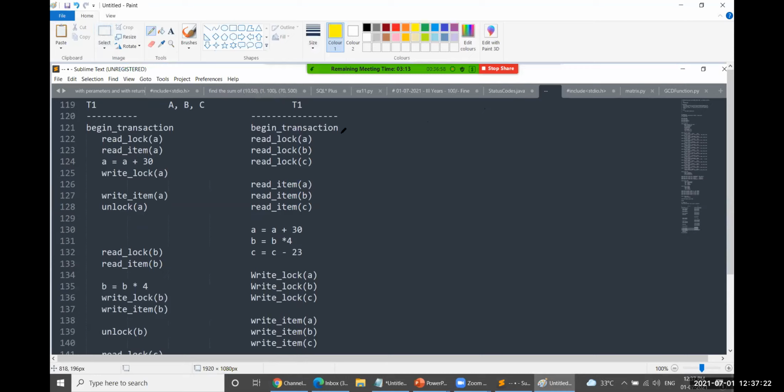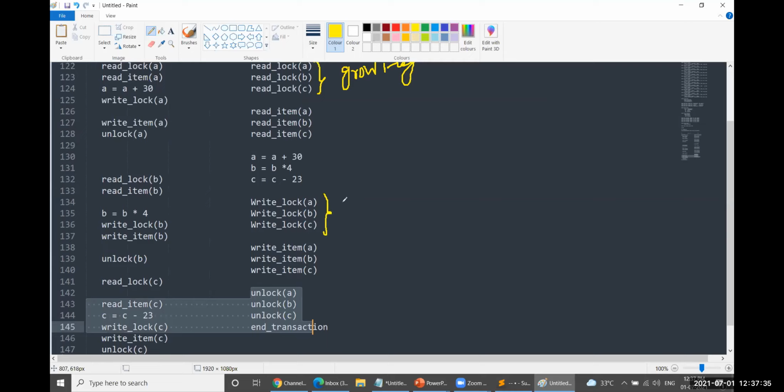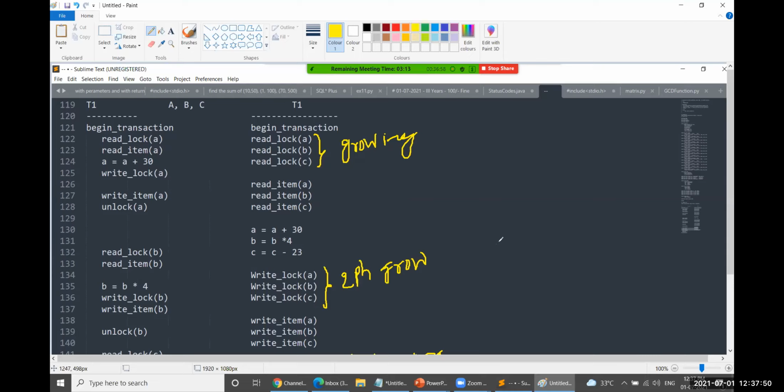So from here to here, this particular thing is the growing phase. This is called growing. Second phase, growing. Okay, this is the shrinking phase. Shrinking phase. Okay, like this.